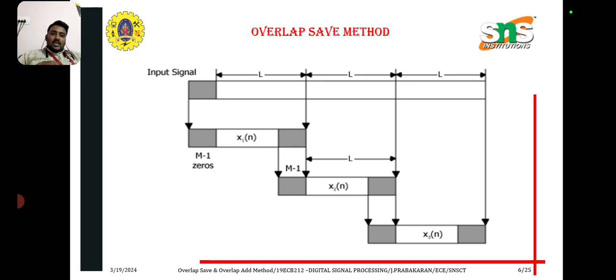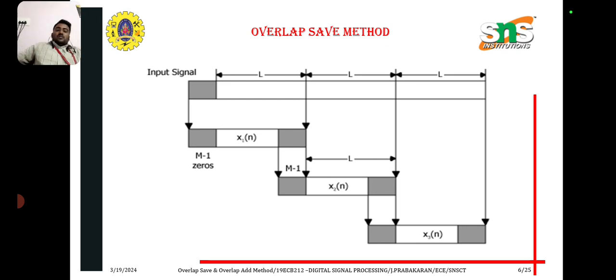Here we can see x1 of n is one subblock, x2 of n is one subblock, x3 of n is one subblock. To the front side of x1 of n, that means the left side of x1 of n, we add m minus 1 zeros. If m equals 3, then 3 minus 1, that is 2 zeros, are added from the left side of x1 of n,